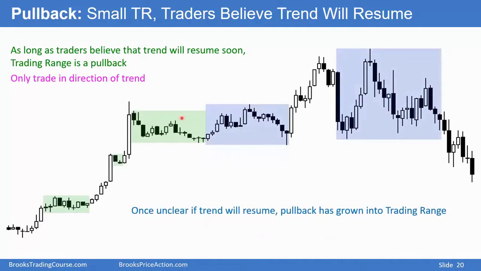On the other hand, this pullback grew to 30 or 40 bars, and it's not as clear if the trend will resume or reverse. And this range is very tight. Traders probably are better off not trading. Here, we have a pullback. Is it a reversal? I don't know. We went to a new high. It's confusing. Big up, big down, probable trading range. Big down, big up, probable trading range. And you could say this whole thing is a trading range.